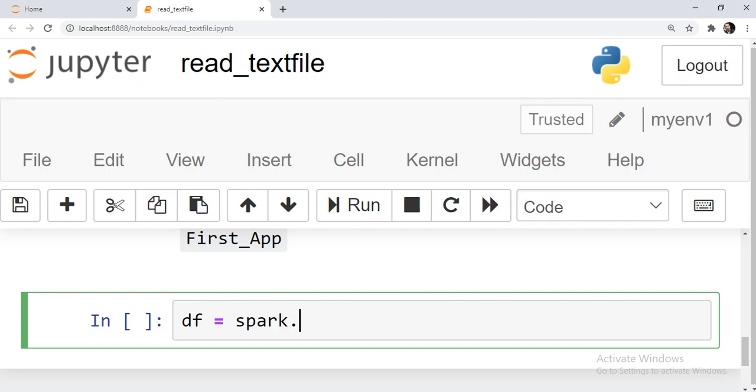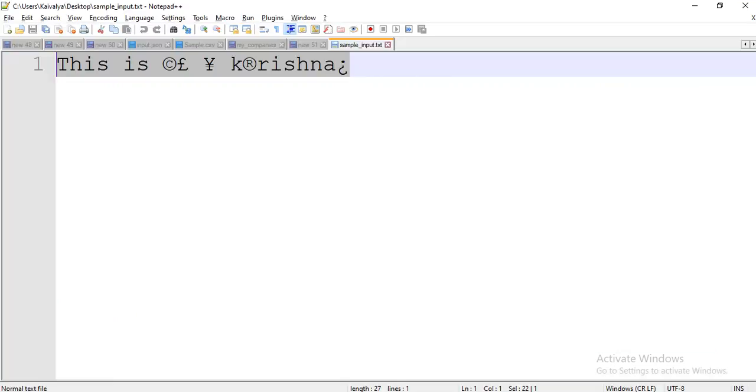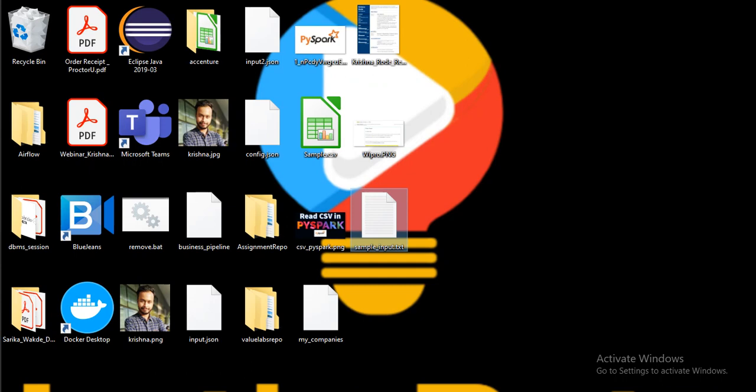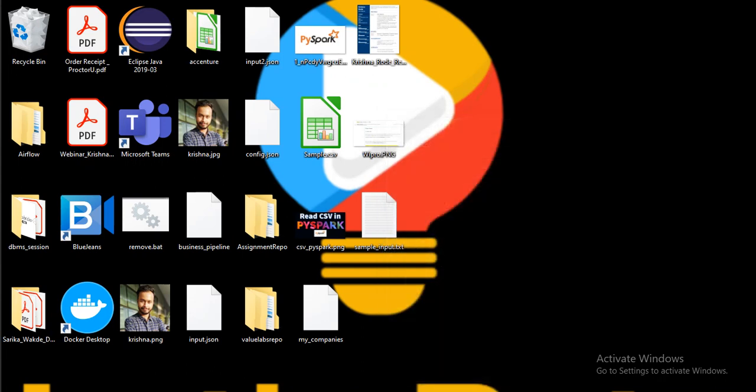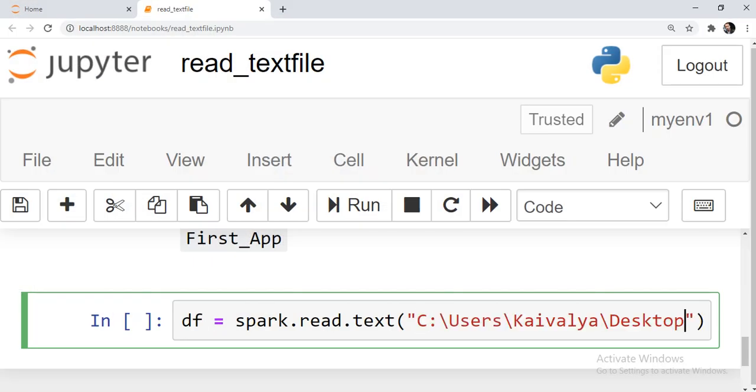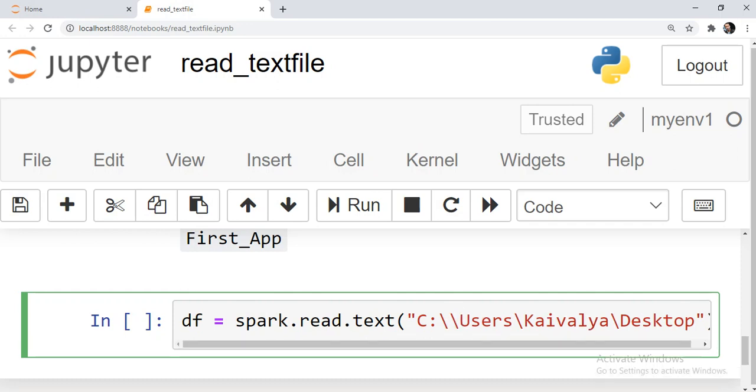So spark.read.text is the option we have to use to read the text file. Guys, this file is on my desktop. If you want to get the path, you can just copy this path. As it is a Windows machine, it will show you the Windows path, and you have to escape the slash.